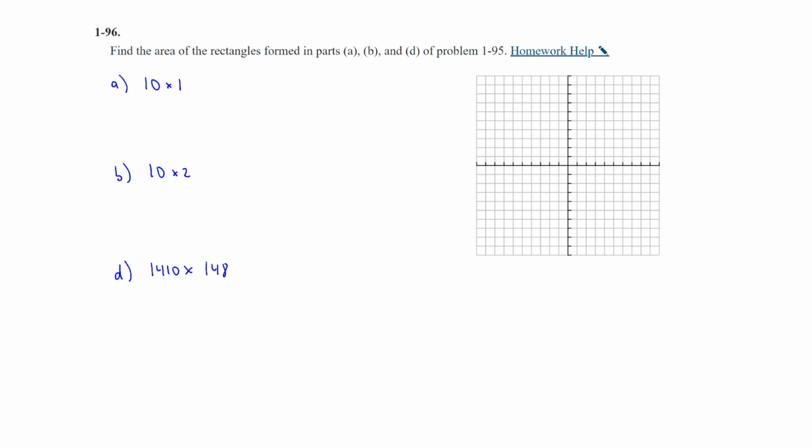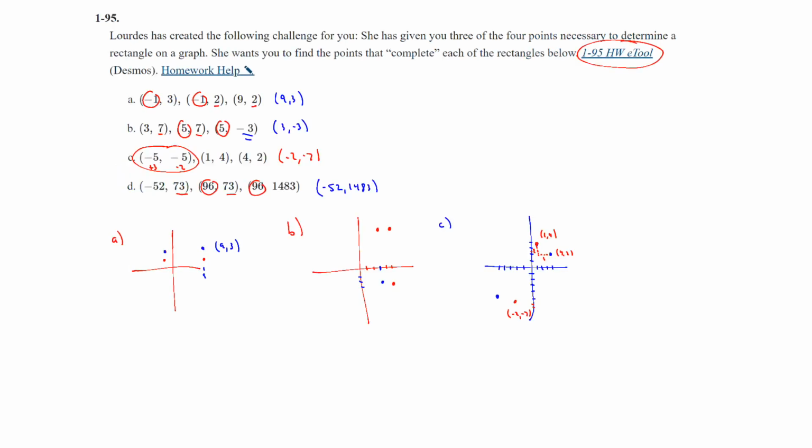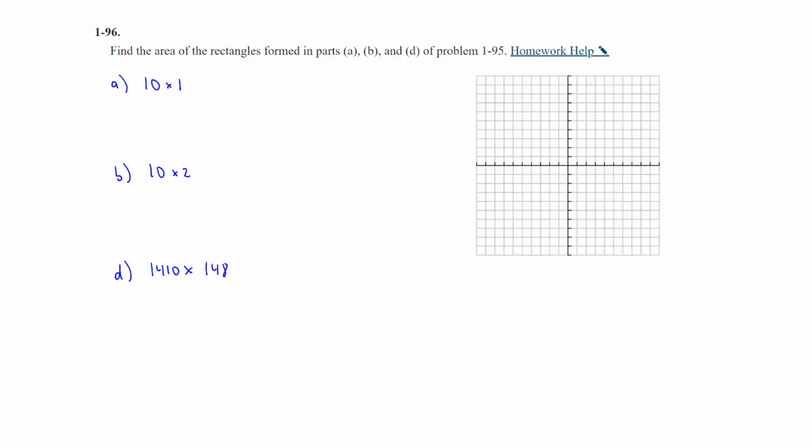Find the area of the rectangles formed in parts A, B, and D from problem 95. So I went ahead and just pulled the dimensions from the previous problems, looking at, once again, what these dimensions are based on the ordered pairs that we created, looking at the x's and the y's and the difference of them. And so I came up with this, which means the area of the rectangle in part A would be